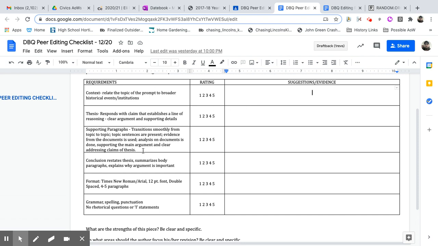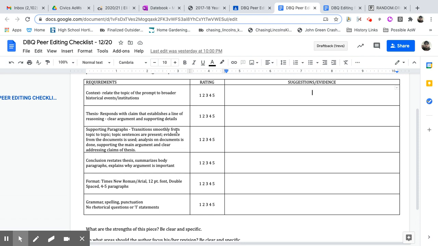The next part of their introduction should be the thesis. They should give a clear argument. It should be very apparent what they're about to argue in this essay. It should be, yes, I want to abolish the Electoral College, or no, I don't, but written in a better way than that. But that's pretty simply what we want. And then why they think what they think. So the clear argument followed by what they're going to argue in their supporting paragraphs. So this is my argument. I think so because A, B, and C. That's what we should see there.